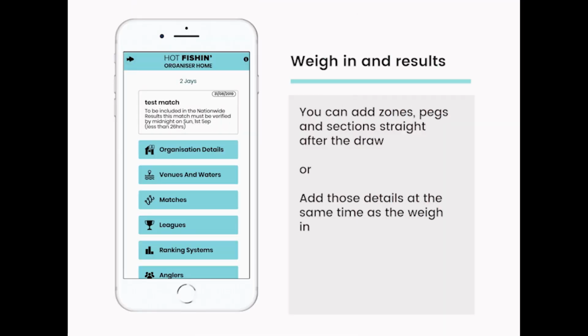Now all the anglers are added to the specific match. You can choose to either enter the angler sections, peg and weights after the final haul, all at the same time, or you can add the sections and pegs straight after the draw at the start of the match and just add the weights at the end. This is totally down to you. So let's assume we're going to add the names before the match and then the section, peg and weights as